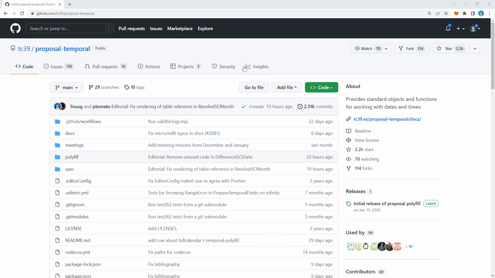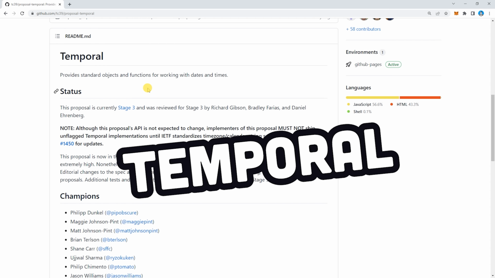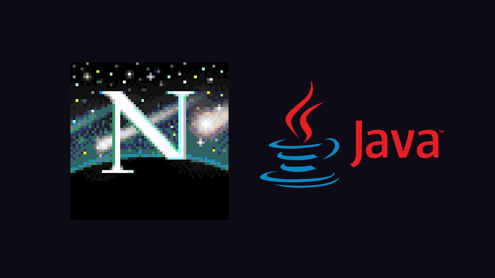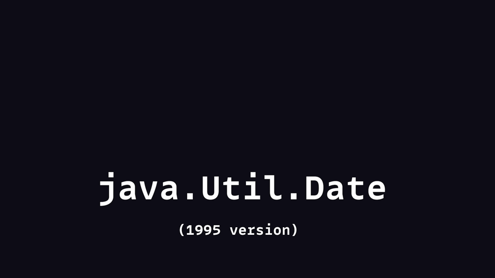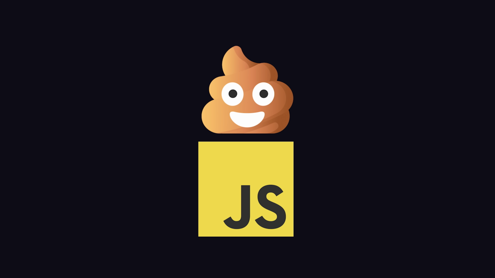Speaking of changes, there is a stage 3 proposal for the Temporal API in JavaScript, which would make it much easier to work with dates and times. The current date implementation in JavaScript goes all the way back to 1995 when Brendan Eich had 10 days to write the language. The overlords at Netscape wanted it to be kind of like Java, so he copied the Java implementation, which for lack of a better word was a total piece of crap. Even Java overhauled that API back in '97, but in JavaScript, we still have the pleasure of using it.